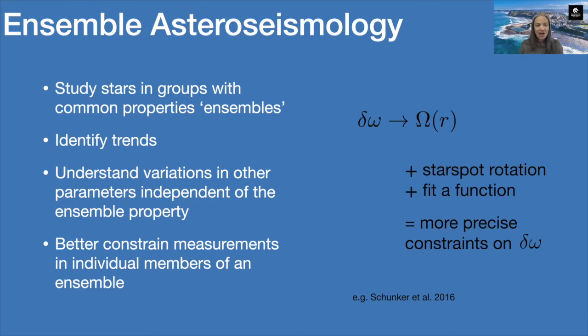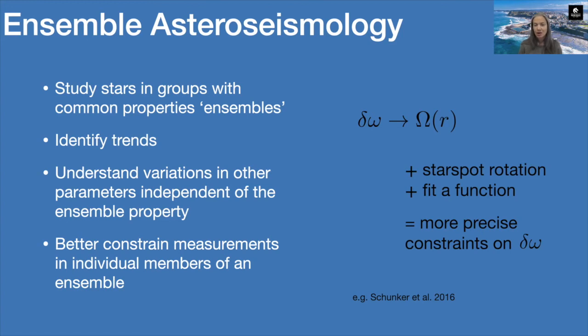So one way is to understand variations in other parameters by holding one parameter fixed. So this is a way to do that experiment. And we can look at it independent of the ensemble property, whatever we choose. Another way is to better constrain measurements of individual members of an ensemble. If you have a star that you don't know the rotation of very well, you can't measure it, but it belongs to a well-defined ensemble, you can make some pretty safe assumptions about it, which will lead to understanding the